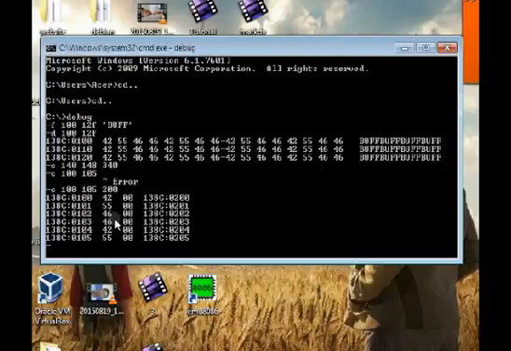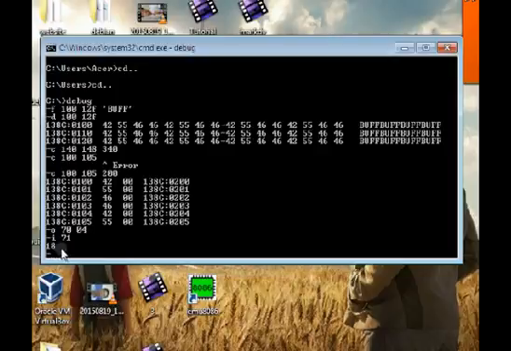Next would be the I/O port input, where we can check out the timeline of your computer. CF7004 is a command that will check the hours based on the computer. Enter. 18 means 1800 hours in military time, which is 6 o'clock PM.